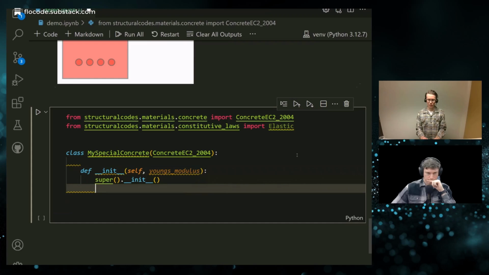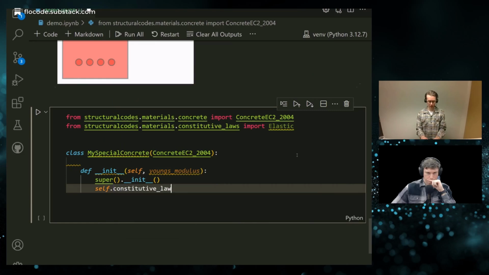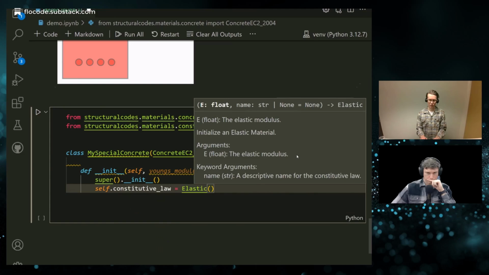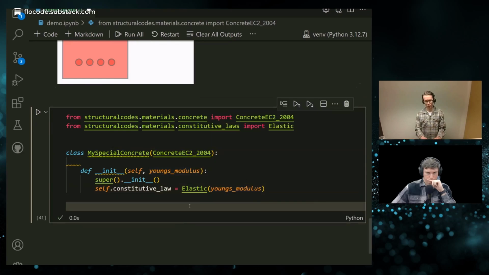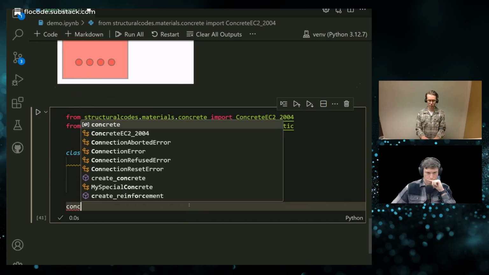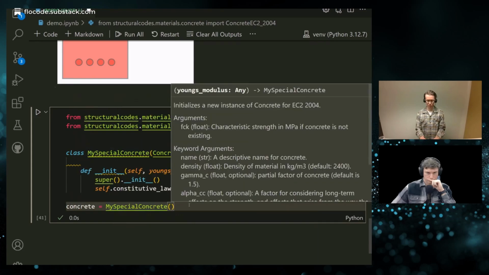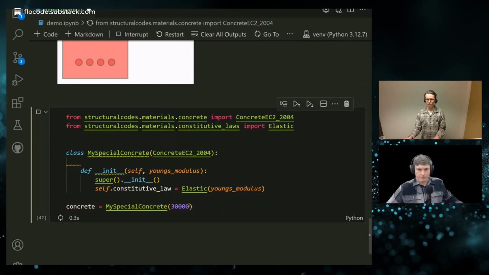Now we make sure that we set the constitutive law as an elastic material with a Young's modulus equal to our Young's modulus. So we can now do a concrete equals MySpecialConcrete with a Young's modulus of, say, 30,000 megapascal.